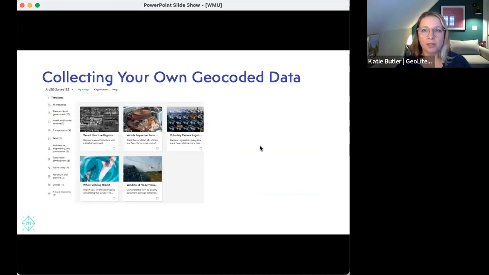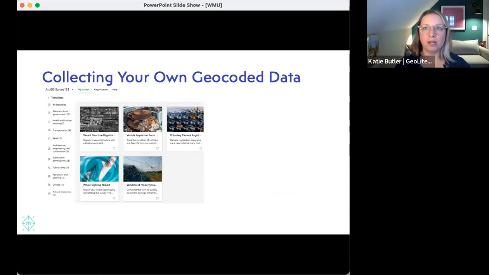So if you're collecting your own geocoded data, there's a bunch of tools for you to do this. I'm going to talk about just two simple ways to do it. One is if you're associated with a university, which I think most of y'all are, you may have access to ArcGIS Online. There's a pro tip on a subsequent slide that says, just go in there and start messing around. What could go wrong? So there are plenty of tools available through ArcGIS Online.